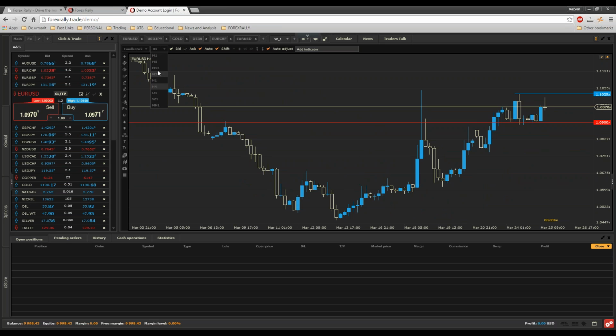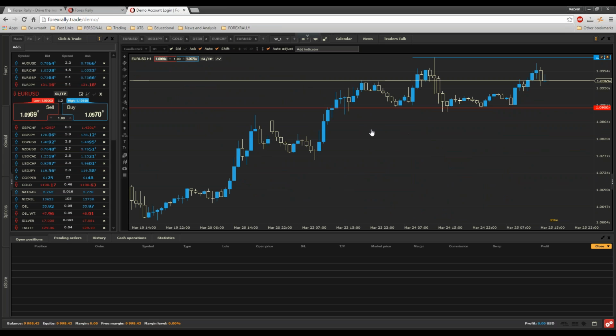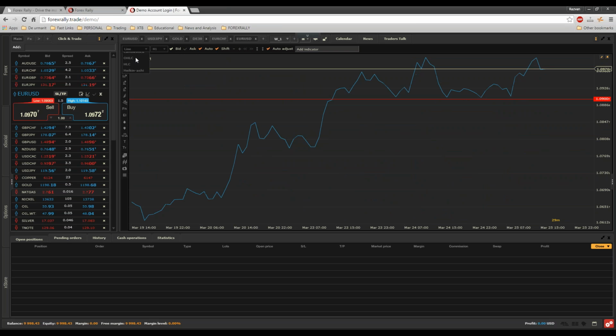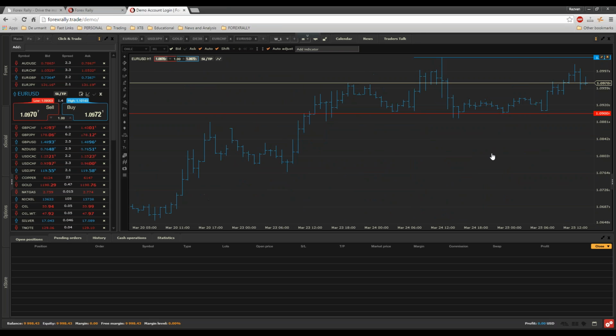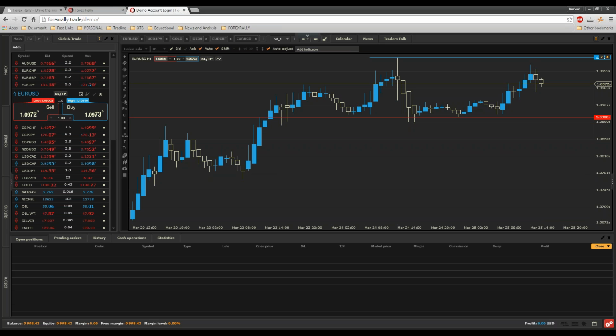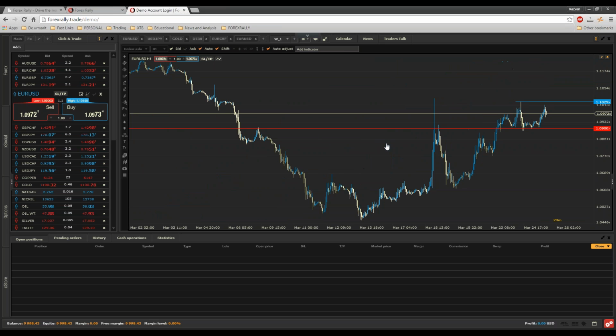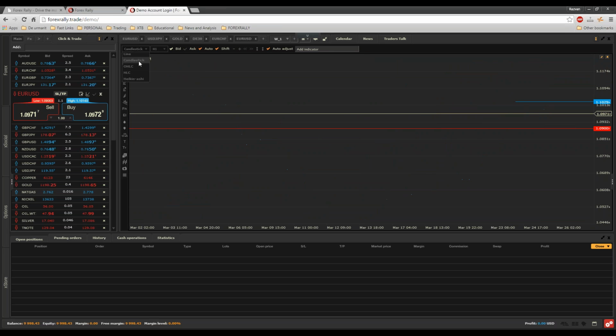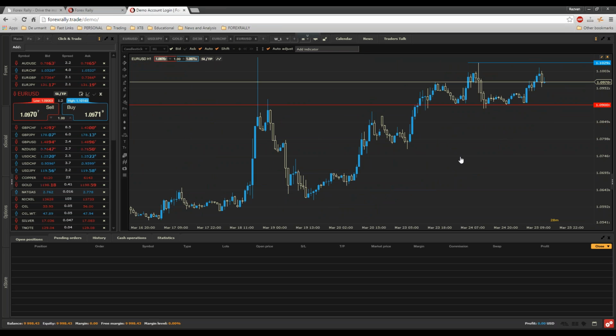You can set this interval to H1, which means 1 hour of trading. You can change the way the chart looks to line or to open high low close. This is known as a bar chart. And you have also Heikin-Ashi, which is one of the most used nowadays, along with the candlestick, but it is a bit difficult to understand, and it's a more advanced chart. Let's get back to candlestick. Candlestick charts are one of my favorites, and I think I use it 90% of the time and it never fails me.